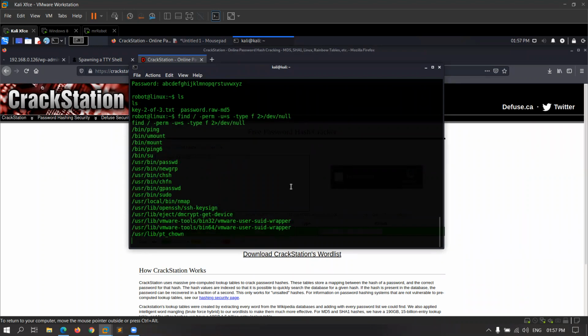There is a tool which is nmap. nmap is in the bin directory and user local bin, and nmap is a tool which we can use with the root privileges.